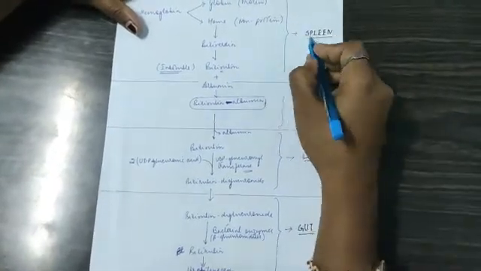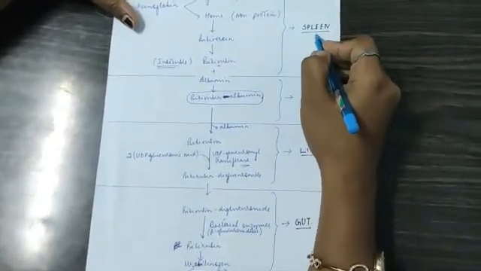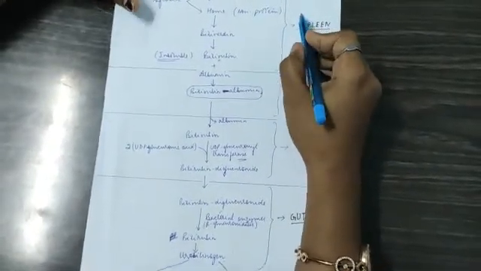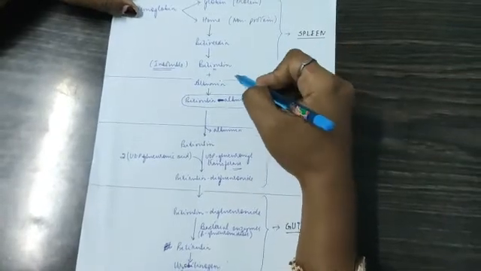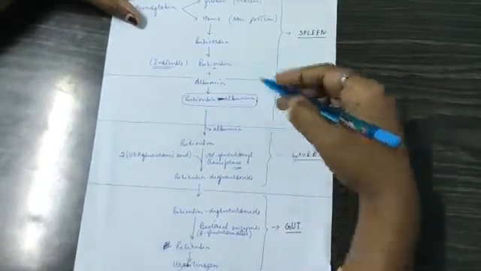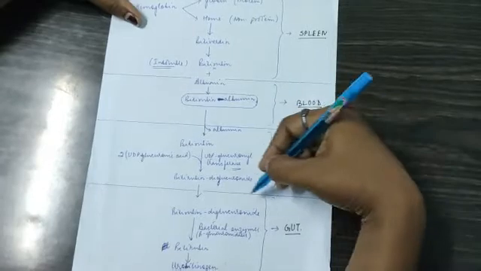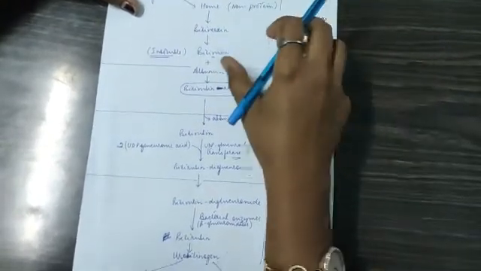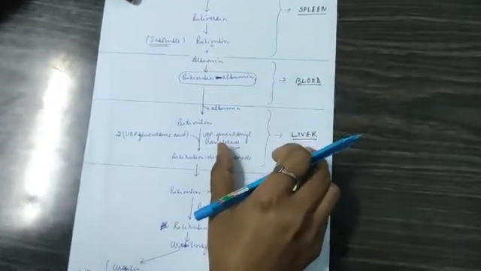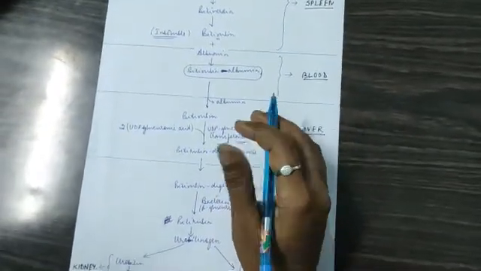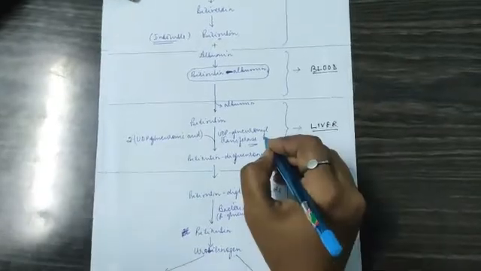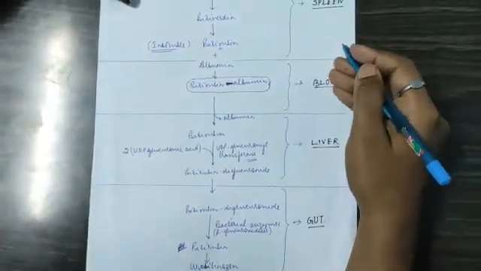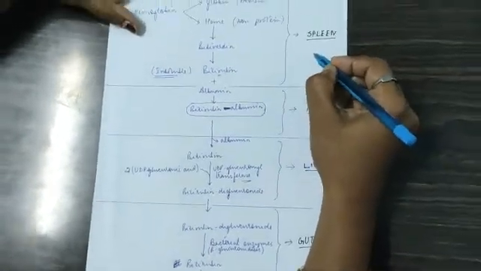Such causes are like sickle cell anemia, spherocytosis, malaria, where there will be increased degradation of the RBCs in the spleen, giving rise to a raised amount of bilirubin which the liver cannot handle or conjugate, giving rise to unconjugated hyperbilirubinemia, because of the excess amount of bilirubin that comes here, the maximum amount that the liver can conjugate will be conjugated, but the rest the liver cannot conjugate. So there will be unconjugated hyperbilirubinemia in prehepatic jaundice.